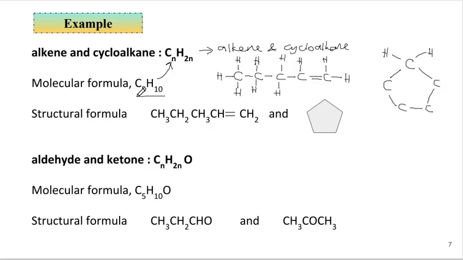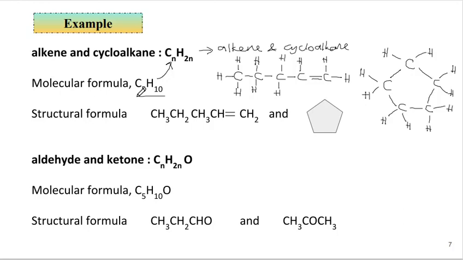So you yourself see, kalau setiap carbon kita isi 2 hydrogen, kalau ada 5 carbon kita akan isi in total 10 hydrogen. So which means in total we have 5 carbons and 10 hydrogen, C5H10. Okay, now let's have a look at the second example. Dia beri kita molecular formula compound tu adalah